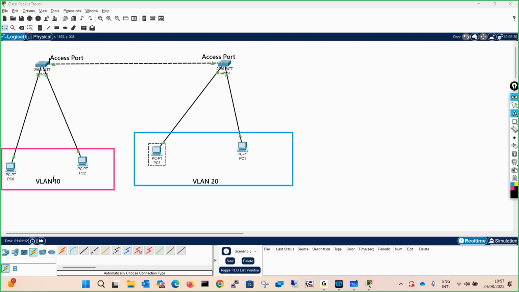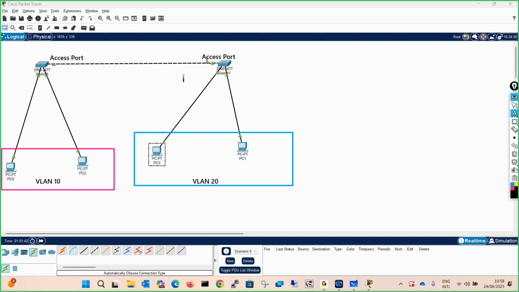But again, consider that you have configured this port as VLAN 10, then the traffic will go till here. If this port is also VLAN 10, the traffic will be forwarded, and over here somewhere it will be discarded because these ports are members of VLAN 20. But even if this port is not a member of VLAN 10, the traffic will be discarded here itself, because by default the access port doesn't accept the traffic of another VLAN. It accepts the traffic of its own VLAN using a VLAN ID.